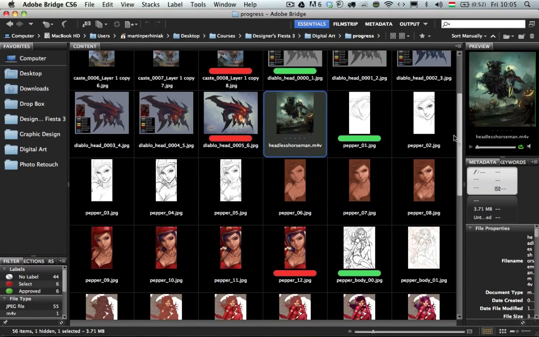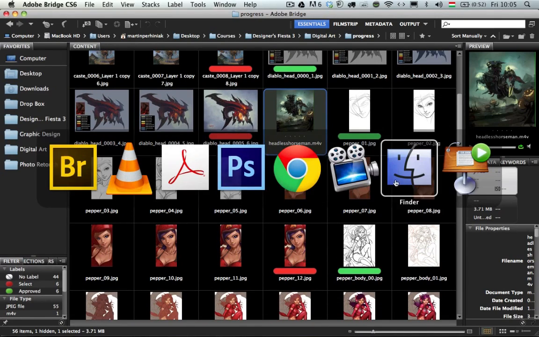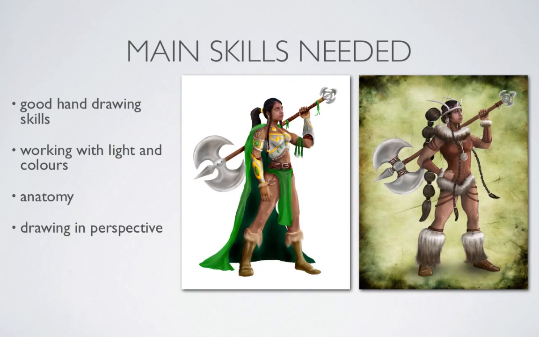And I can show you lots of other examples, but I don't want to spend too much time on digital art. So let's just, again, talk about the main skills you need. You need to have definitely good hand drawing skills, working with light and colors. For example, here is,